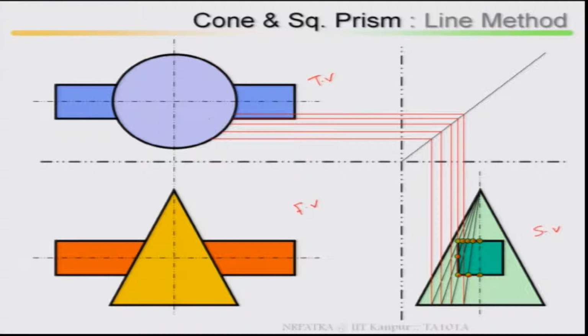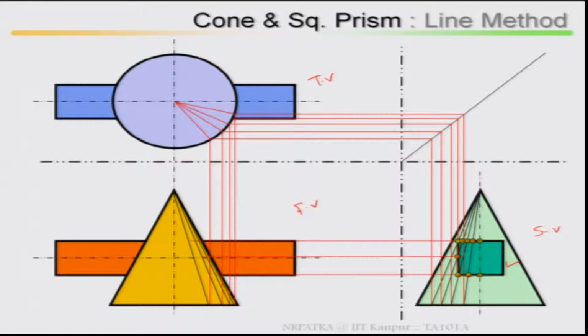I project it back and mark it in the line of the cone, this is your cone in the top view. Then similarly, once it is intersecting in the cone, the same points are projected back to your front view, and mark these points, then extend it. Once you locate these on the cone, first I locate the cone's different parts, projected back to your top view as well as side view. Then go to your square prism, then mark the points.